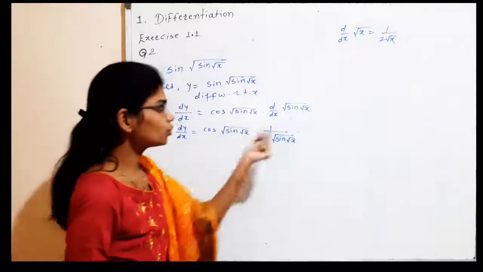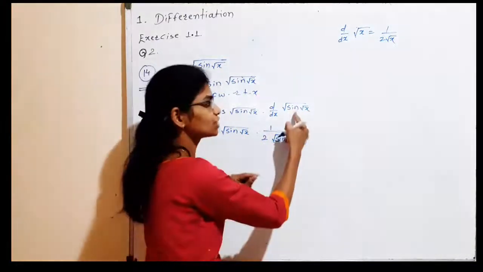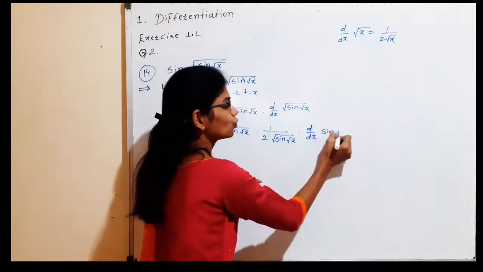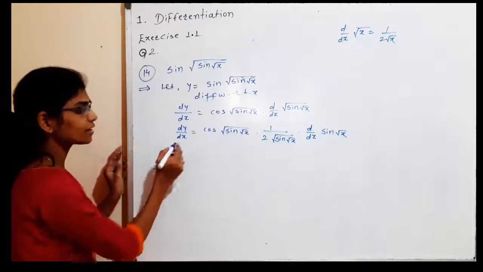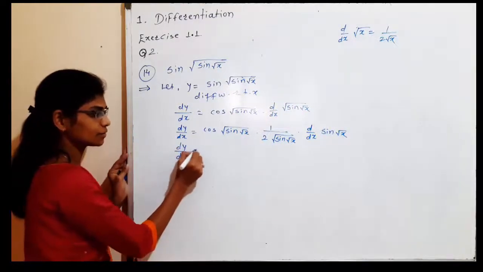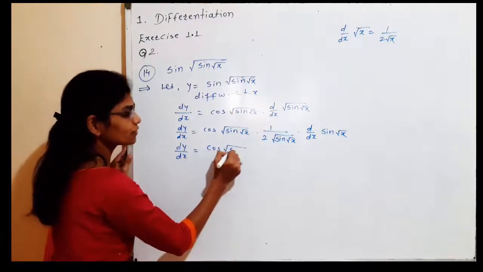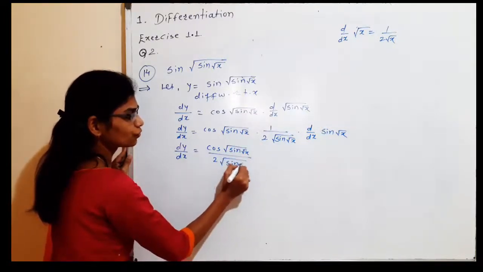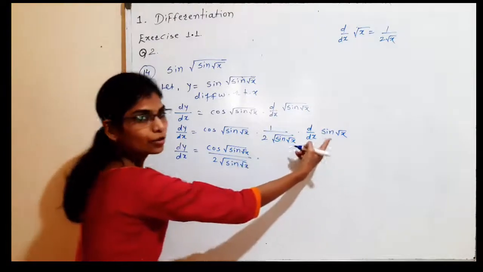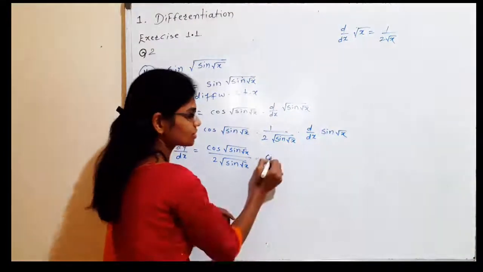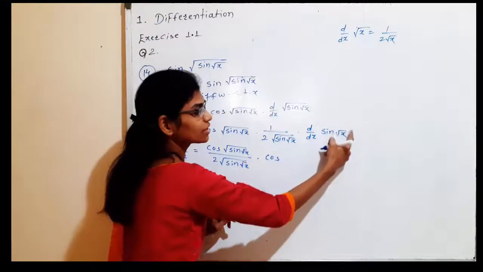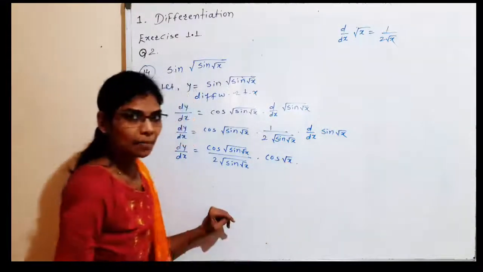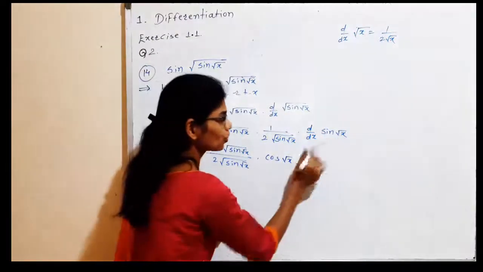Again here we have to take the derivative of the function which is in the form of a square root, that is the derivative for sine of root x. At the next step, dy by dx is equal to cos of square root of sine root x divided by 2 into square root of sine of root x, multiplied by the derivative of sine x, which is cos x. But here the value of x can be considered as root x, so its derivative is cos of root x multiplied by, again, the derivative for root x.